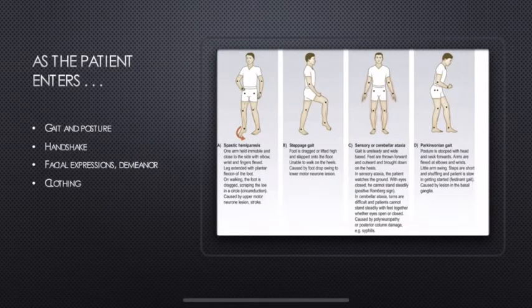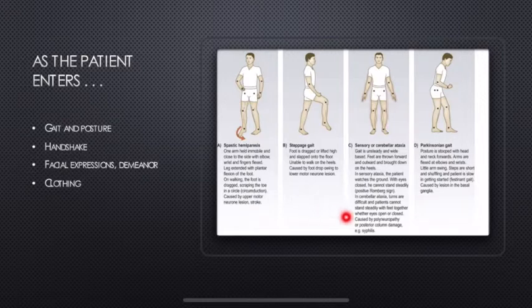Well, as the patient enters the room or enters your clinic, you notice their gait and their posture. And over here you have some examples of abnormal gait and descriptions of them in McLeod's. Certainly you can look up some videos online. I didn't want to make the PowerPoint too data intensive, but you have people who have to swing their leg around when they walk, this spastic hemiparesis. Maybe they had a stroke previously. You have this steppage gait where they step really high with their feet because they've lost their position sense